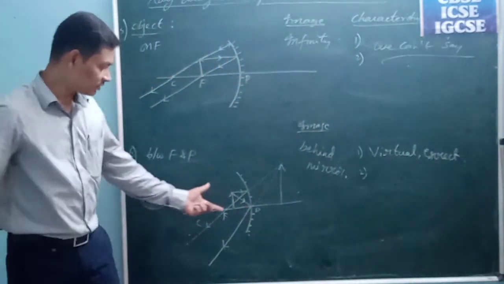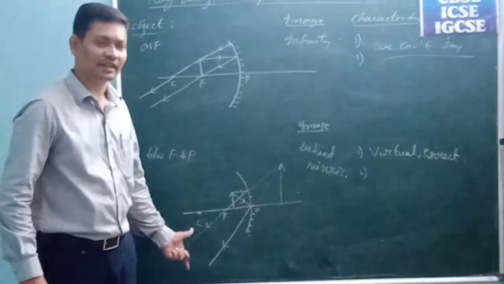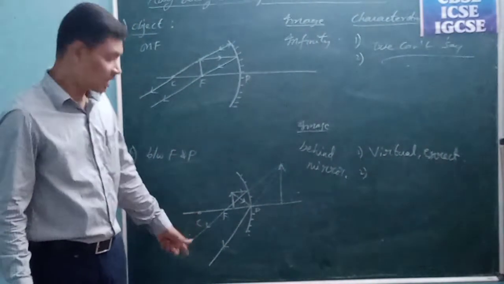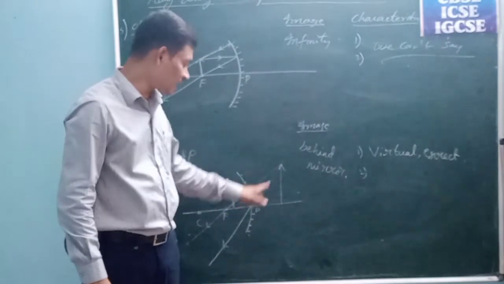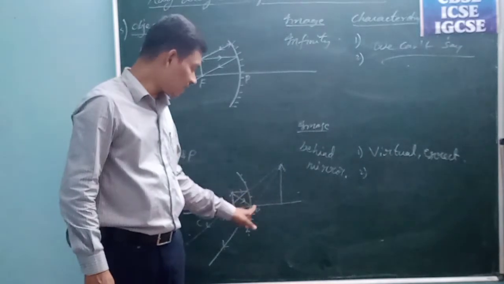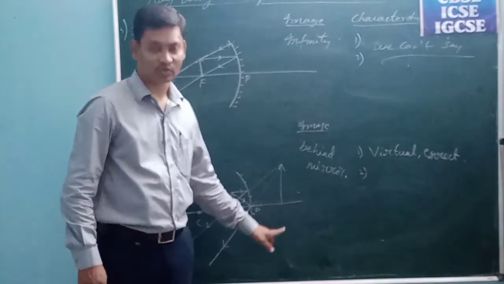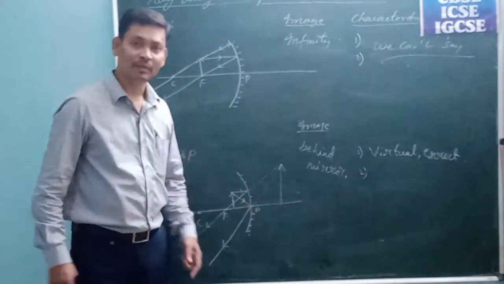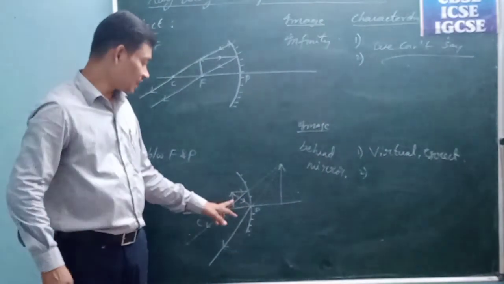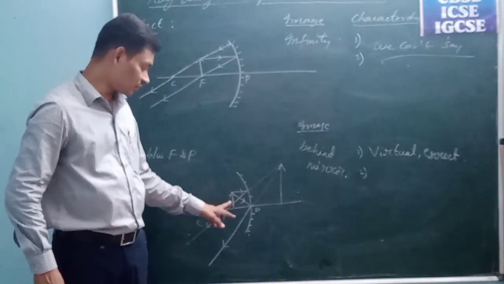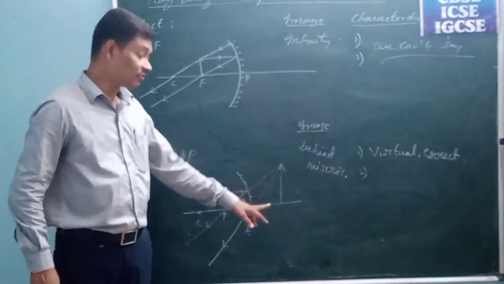Students, you please observe here the reflected rays are diverging. They are not meeting at any point. As they are not meeting at any point, we won't get any real image. But as a guess, we extend the light rays back, and we get that they meet at a point. At that point, we have drawn an image. So that is the virtual image. So here the image is formed behind the mirror. See students, this is a concave mirror. If the object is kept very close to the mirror, that is between F and P, we will get a very magnified virtual image.